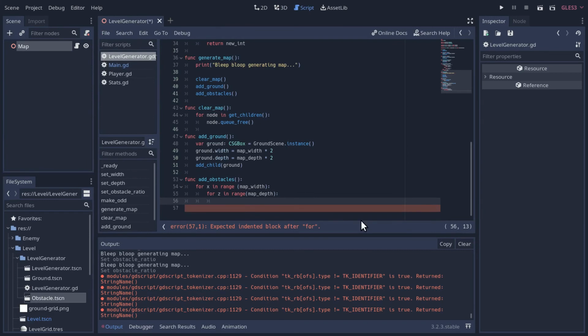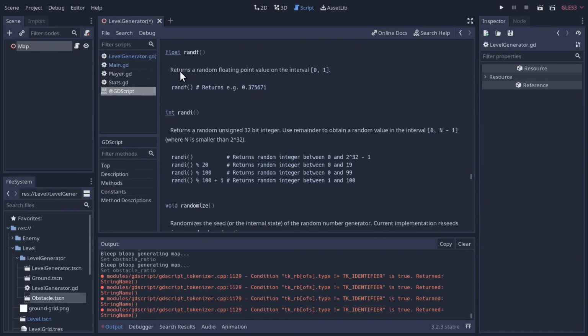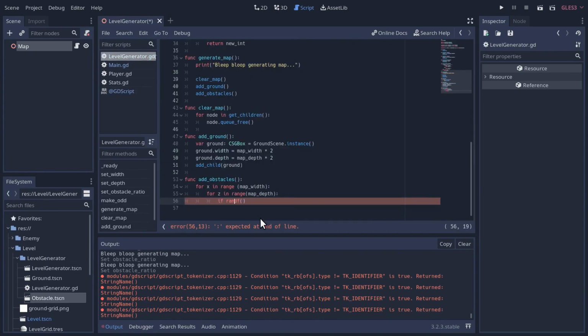Okay. So what we'll do is we'll pick a random number, and we can do that with randf. So randf here. If I go into the help search, it returns a random floating point value between 0 and 1. Perfect. Exactly what we want. Where are we going? LevelGenerator script. So if our random number is less than our obstacle ratio, then we'll create an obstacle there